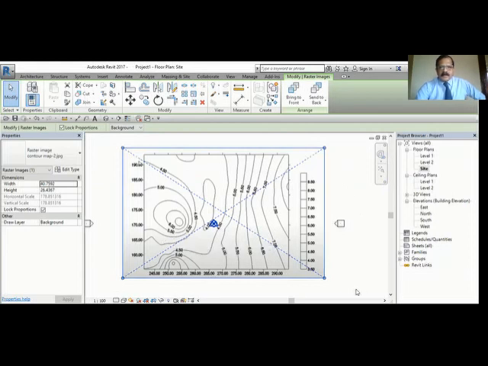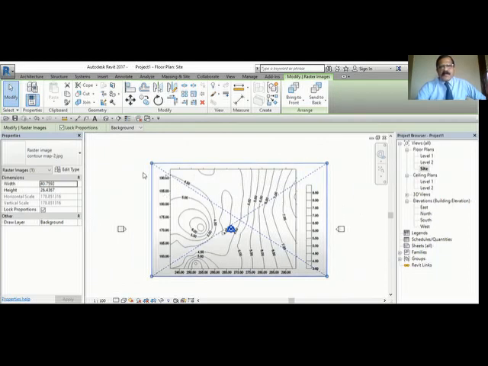So suppose this is the image you have, and you see all the contours are given here. If you are importing an image like this and zooming, the scale would change, right? After drawing everything, you have to scale it properly. After drawing all the things, you draw properly and delete this image map. Then you have only the Revit, and you have to scale it and keep it according to your scale.